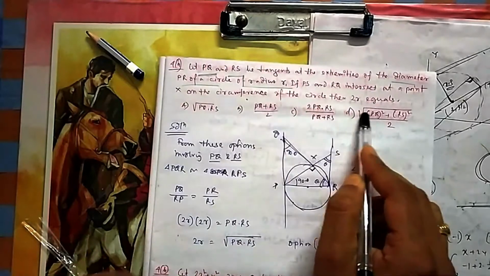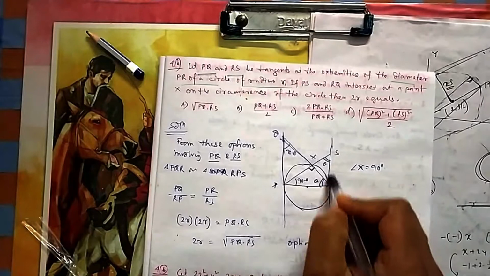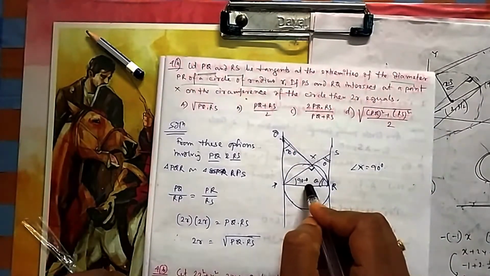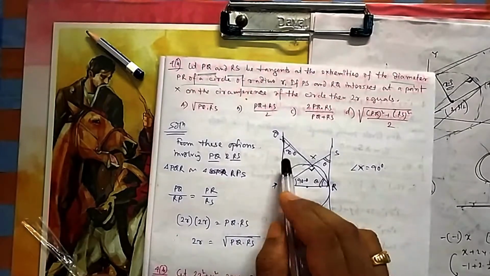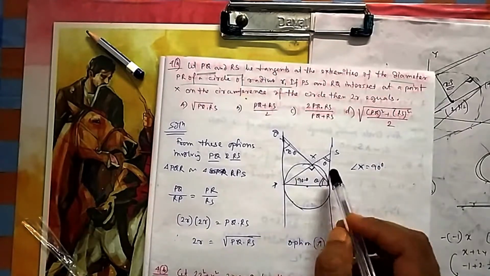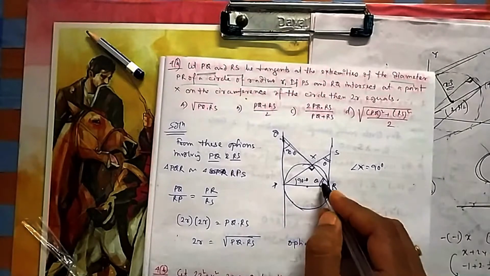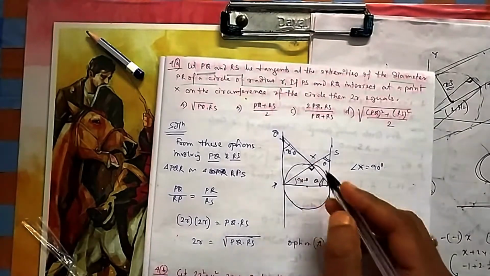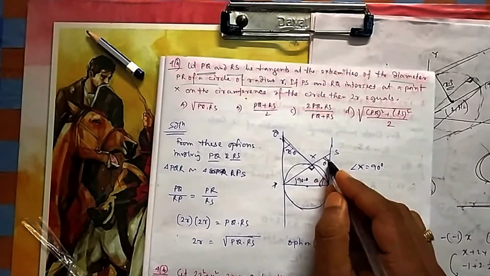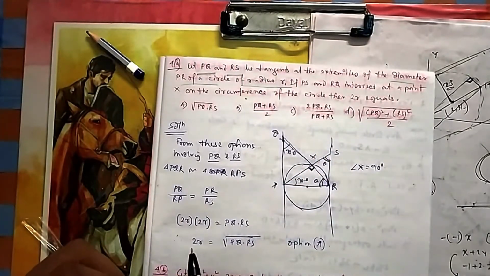So you see all the expressions are using PQ and RS, so you need to find a relation between these two. So that's the idea in terms of R, and R is the radius. Radius means 2R means this diameter also. So you need to find PQ, PR, RS in some equation format. So what best can be done, you can think of this is 90 degree. This angle is 90 because of the half circle angle. So if you take this theta, this is 90 minus theta, this is also 90 minus theta. If this is 90 minus theta, then look at this triangle, this will be theta. So you see this triangle and this triangle, almost all the angles are equal. So it is a similar triangle.